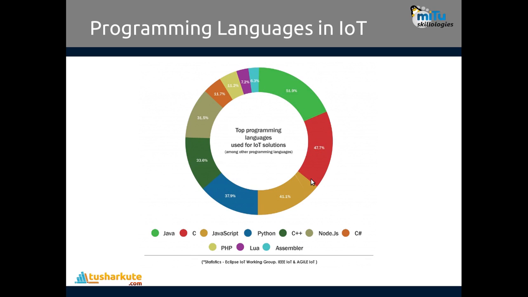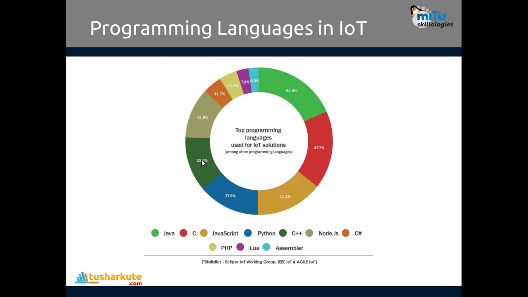One more important thing to remember: if you combine all together, it doesn't add up to 100% because some languages are used multiple times. Then the third is JavaScript, at 51%. The fourth is Python, at 37.9%. Python use is actually growing. If you see from the last several years, for embedded application design, Python is a very commonly used language in IoT applications. Maybe it has reached above 40% also.